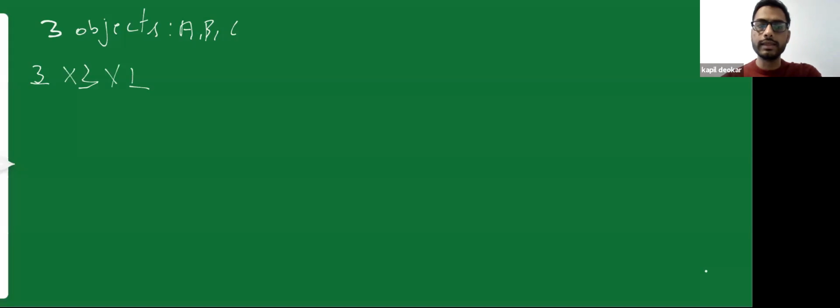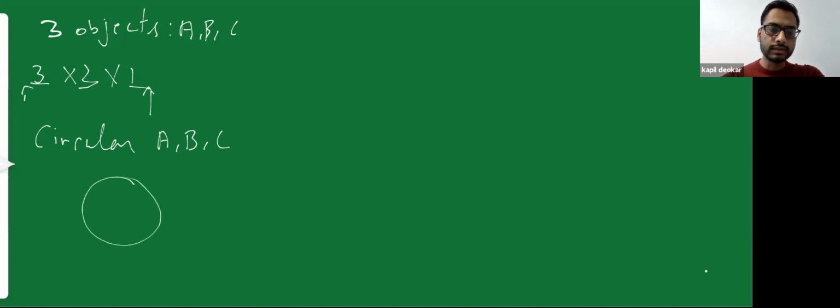So we have seen this in linear permutations. There is always going to be a first place over here. There is always going to be a last place. But now you have to arrange these 3 objects in a circular fashion. So you have to arrange A, B, and C in a circular way.